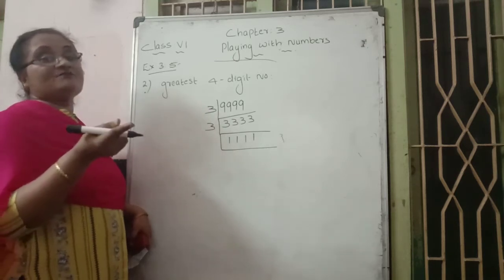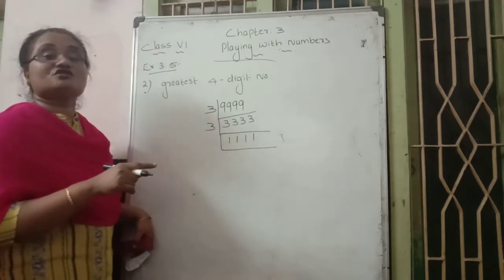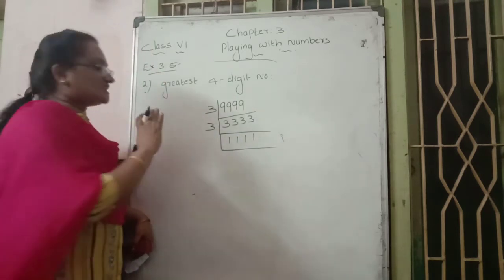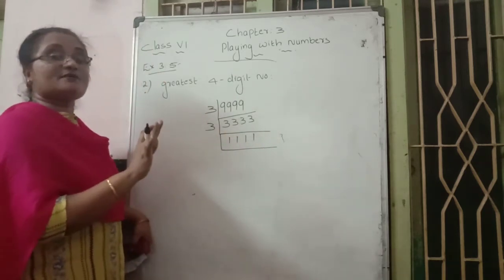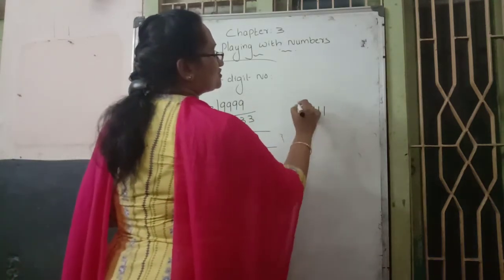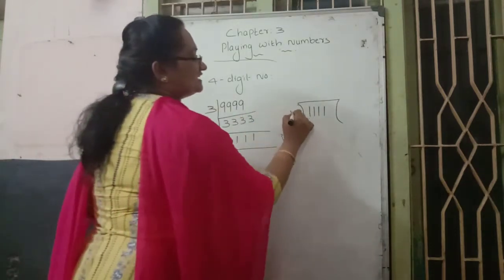Next prime number 5. The divisibility test of 5 says that 0 or 5 must come in the units place. Here it is not 0 or 5, that's why 5 is not possible. 7 also is not possible. Next, which number? Only 11 is possible. Is the 11 table possible or not? How to check that: take 1111 outside and divide it by 11.